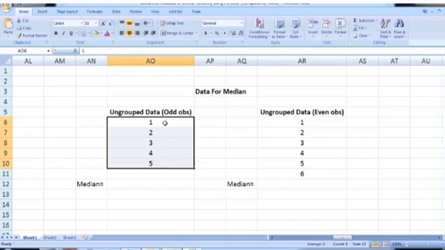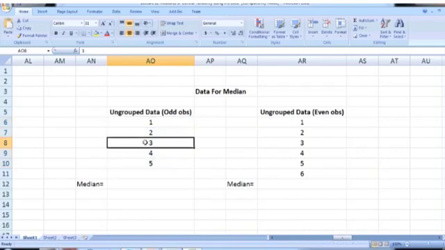Remember that the first step in calculating the median is to arrange the data. But in Microsoft Excel there is no need to arrange the data. Anyway, we can cross check our results by arranging the data as well. Here we have 5 numbers, all in arranged form. Since 5 is an odd number, the middle number is the median. In this case 3 is the median, because 50% of the data, that is 2 numbers, lie before the number 3, and 2 numbers, 4 and 5, lie after number 3. So 3 should be the median.